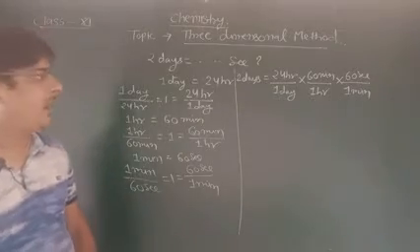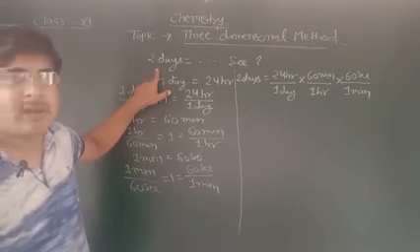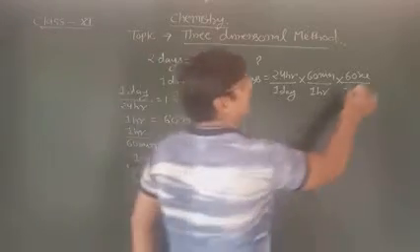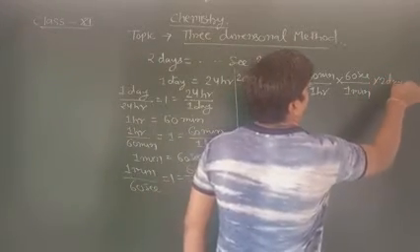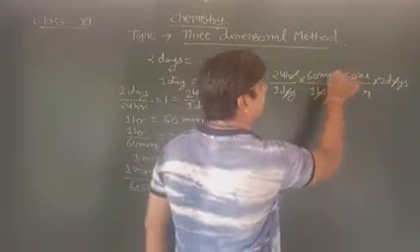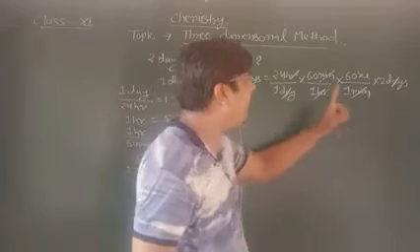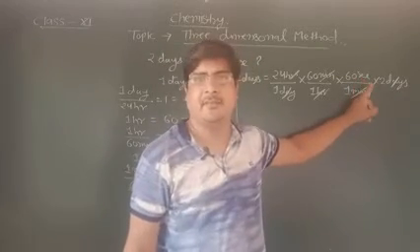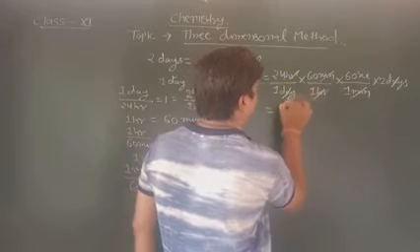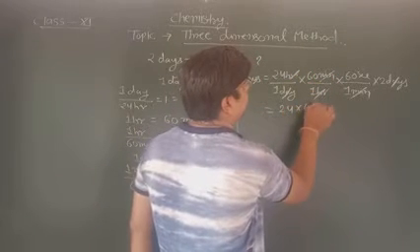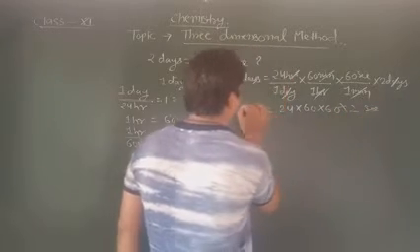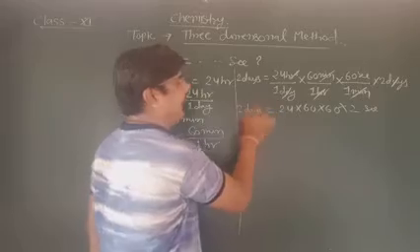Am I right? You are converting 2 days into seconds, so multiply it from 2 days. The unit day cancels, hour cancels, minute cancels. So which unit will remain here? Second. So multiply 24 into 60 into 60 into 2. That will be the seconds present in 2 days.